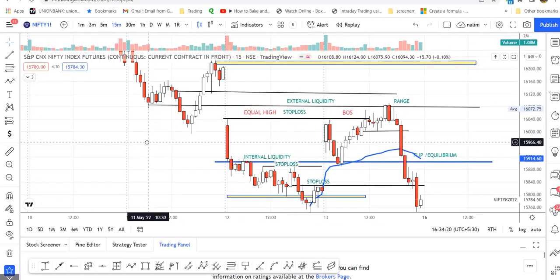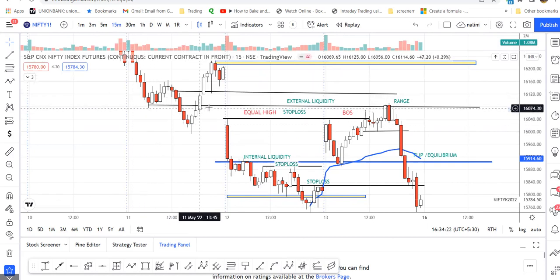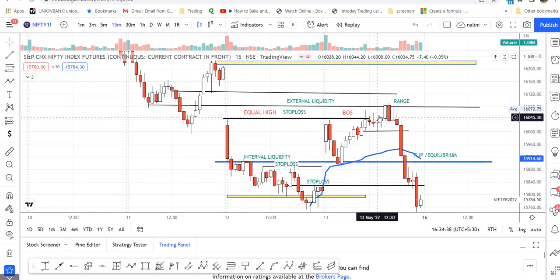You should know where the levels are. Though this is a gap down, buyers and sellers have been engaged over here. So you need to mark these levels. This is the external liquidity, and the price has been pushed. All the breakout traders jumped in. See the candle, how it is. See the big candle, they jumped over it. They placed the stop losses. All the stop losses are here.